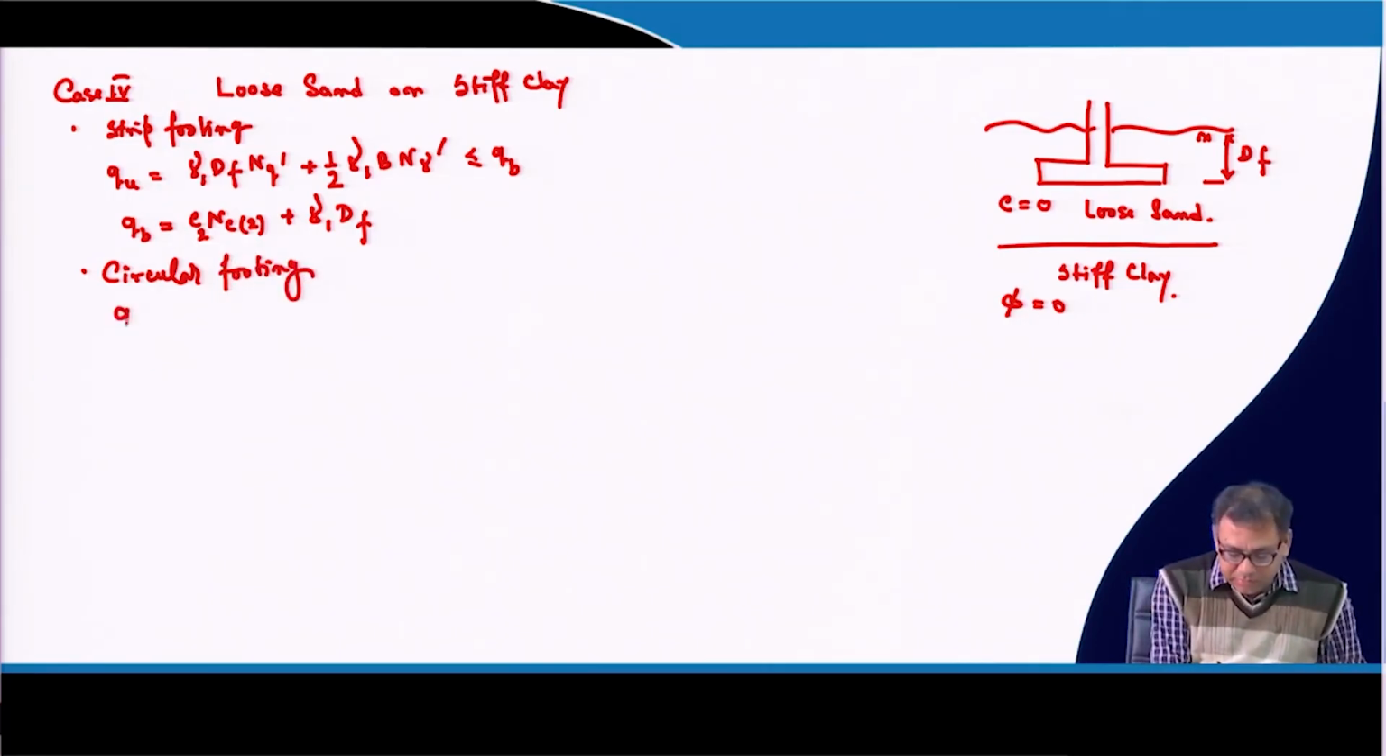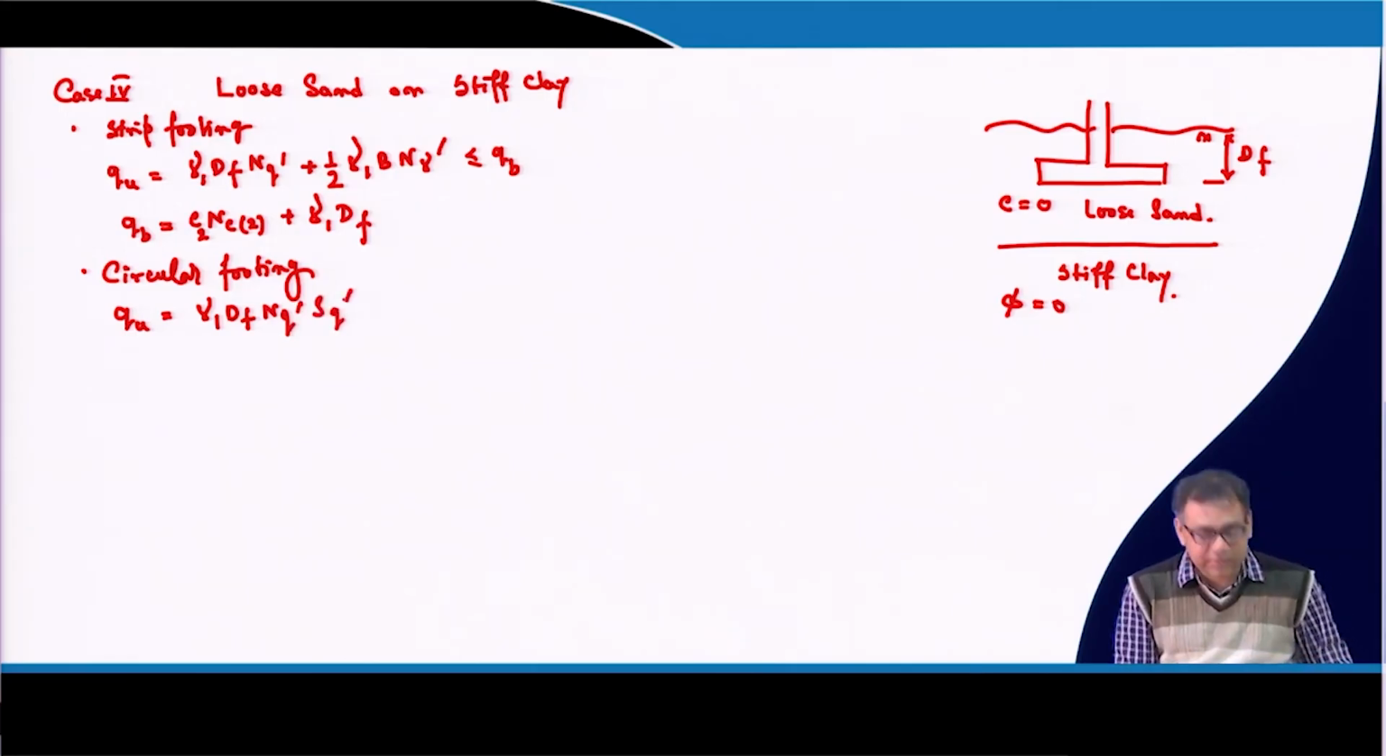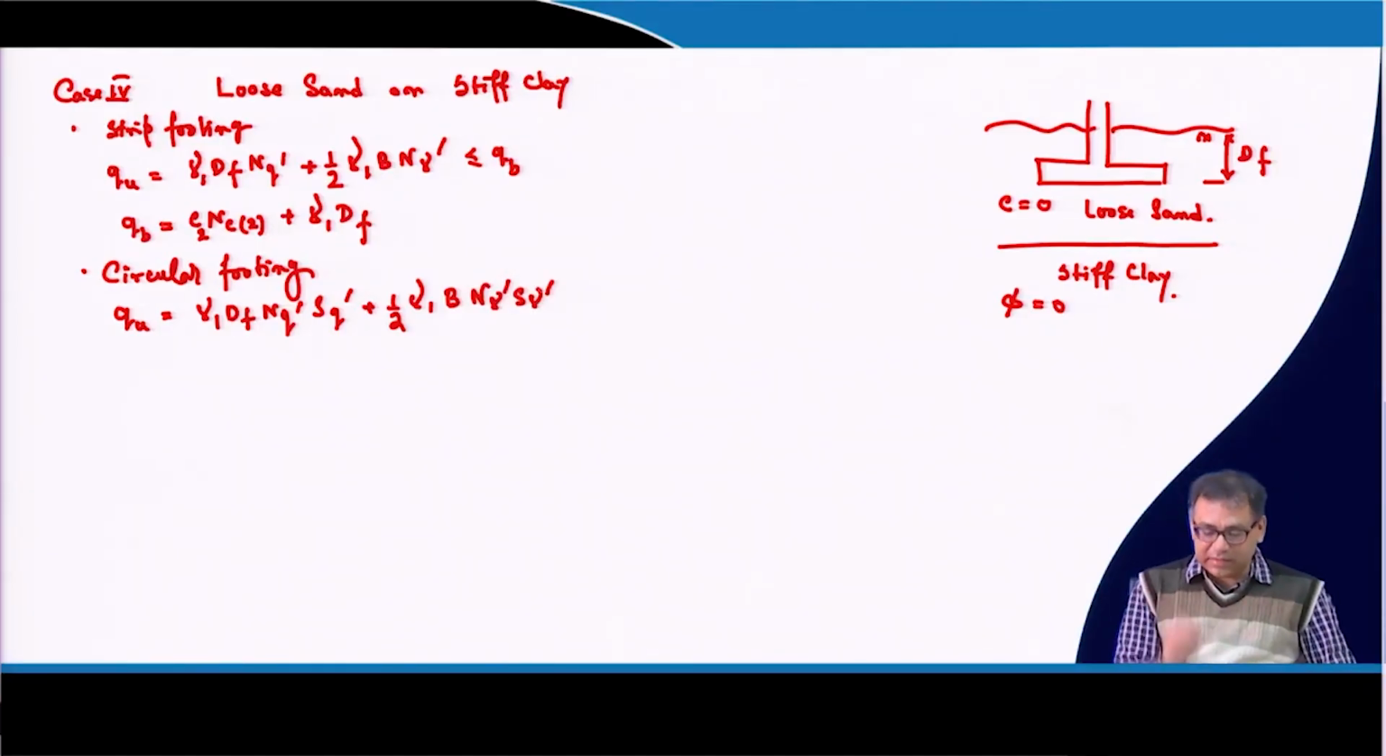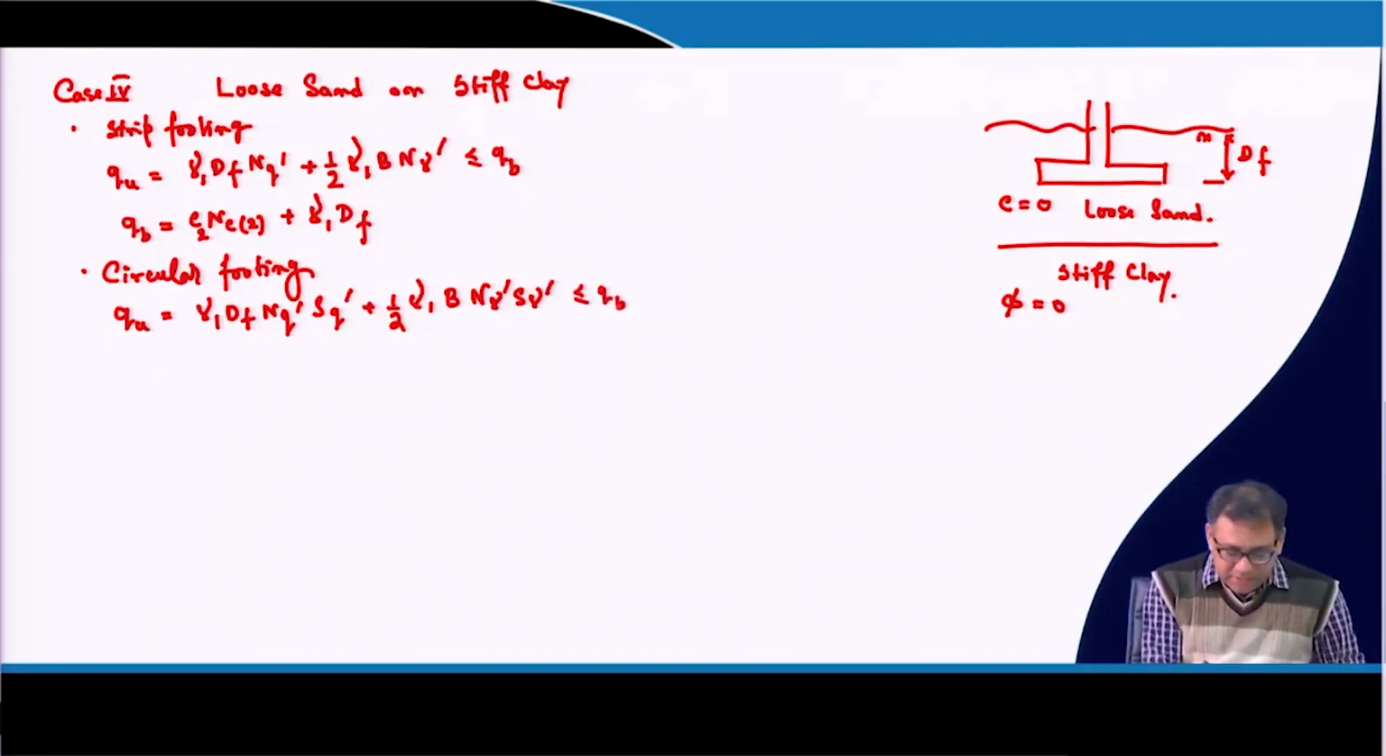the equation will be q u is equal to gamma 1 df n q dash, then this shape factor is introduced, s q dash, then it is the same, half gamma 1 b n gamma dash, then s gamma dash. So, this n gamma dash, s q dash and s gamma dash are the shape factors, and that should be less than q b, and then the q b should be equal to 1.2